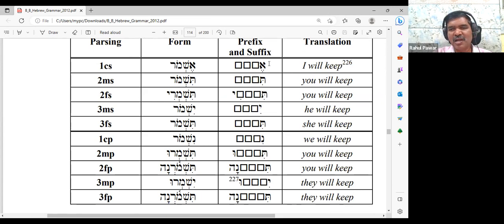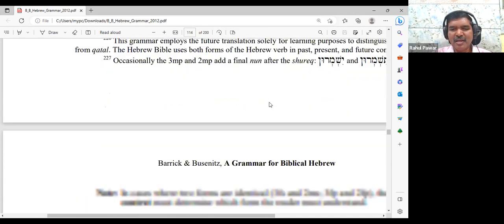For the first person, Aleph is used. For the second person, Tav is used. For the second person feminine, again Tav and the last Yod, Hirek Yod, is used. For the third person, the Yod prefix is used. So you only need to remember the prefixes